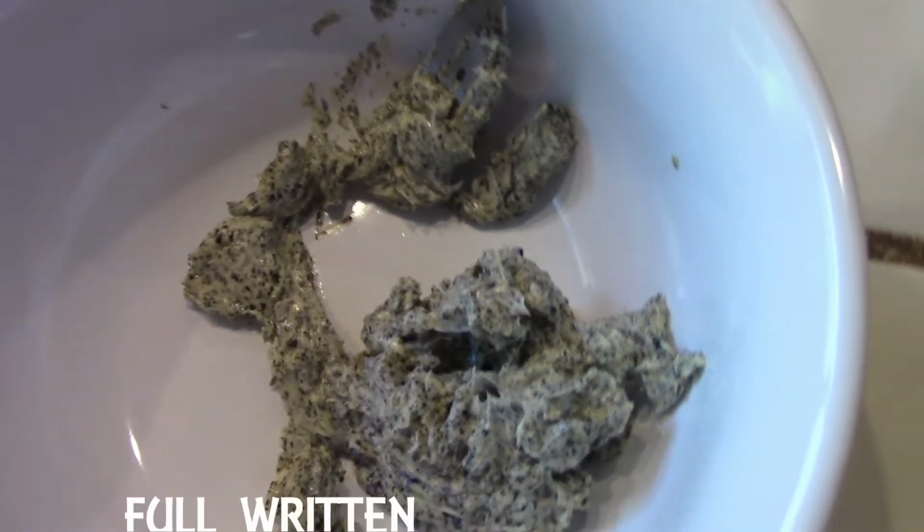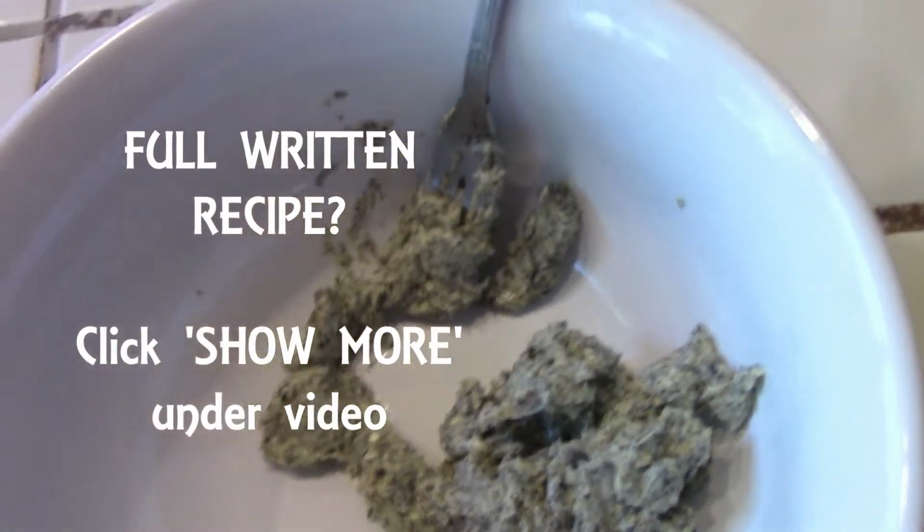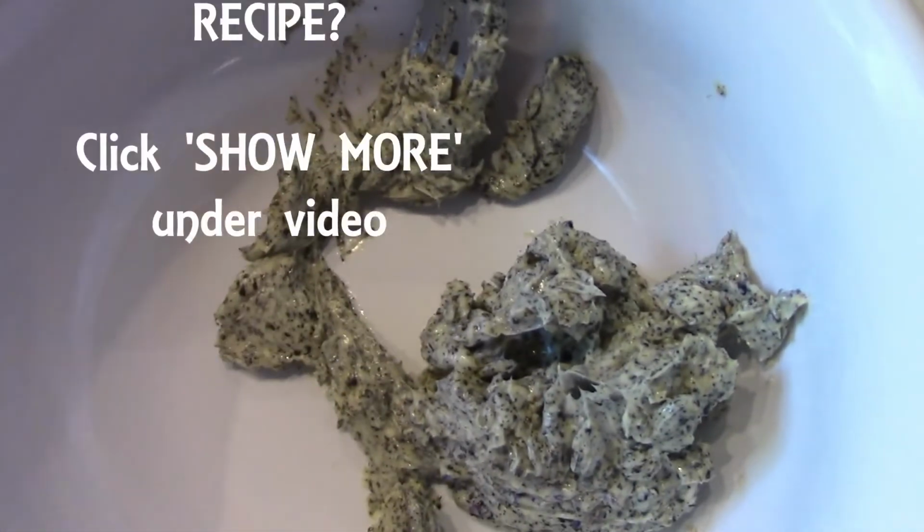Alright, I'm cutting the recipe I had in two because I don't want to make so many. It's just my husband and I. Now this looks awful, but I'm going to tell you this is delicious, and this is the key to these